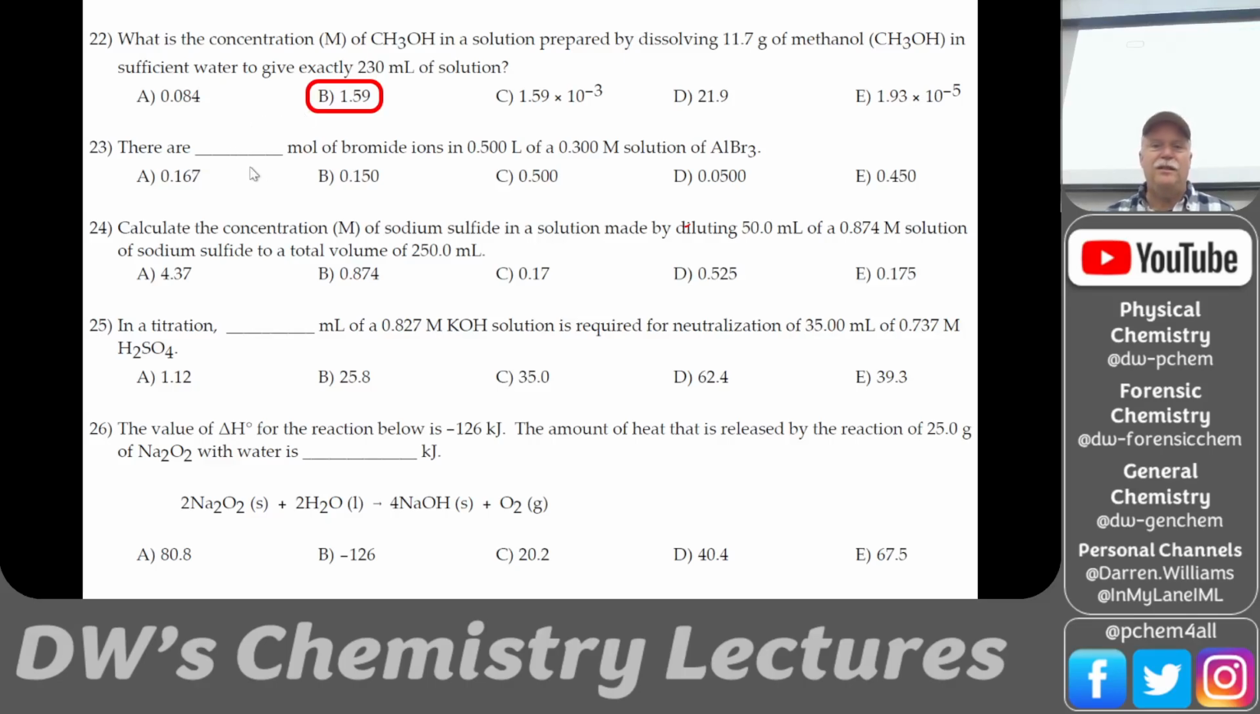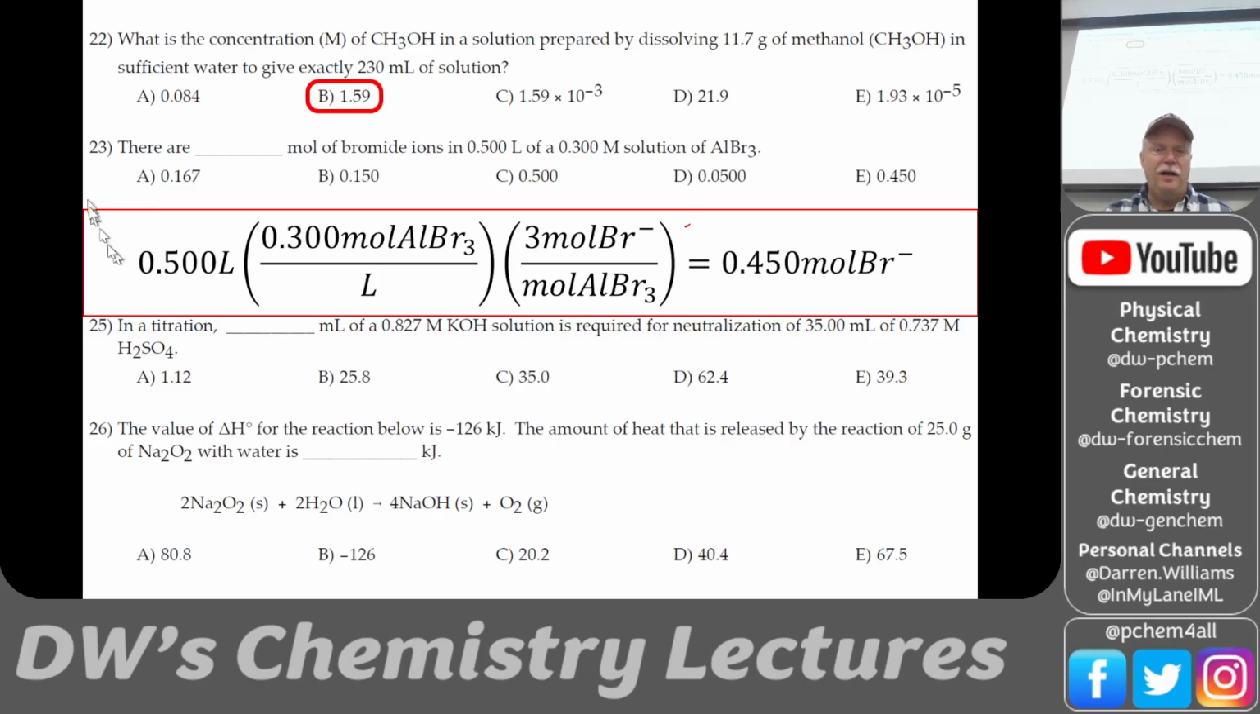All right, now this one is so simple, but it tricks people. It's how many moles of bromide ions are in 0.5 liters of a 0.3 molar solution of aluminum bromide. So they've got 0.5 liters, so that's pretty easy. And they've got the concentration here of 0.3 moles per liter. So it looks like you just take 0.5 times 0.3, but we're asking about bromide ions,